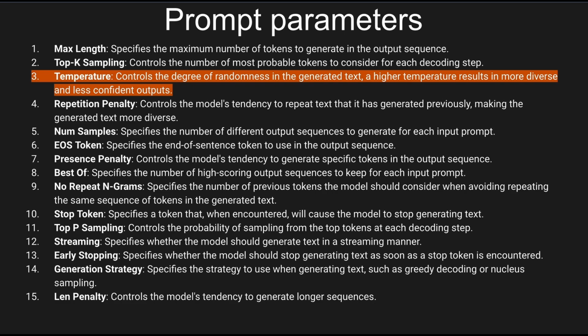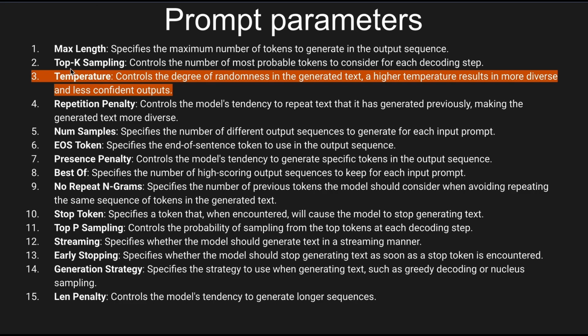So here are the parameters that it currently has that you can input in the prompt. You have max length, which specifies the maximum number of tokens to generate in the output sequence, because in the playground, for example, right now you have to pay for the number of tokens being used. ChatGPT is free for now. We don't know what will be in the future. Maybe it will always be free, but we'll talk about the difference between ChatGPT and the playground. But max length is for the number of tokens.